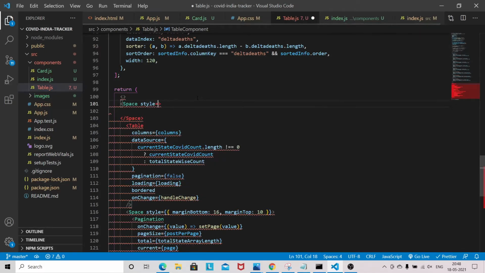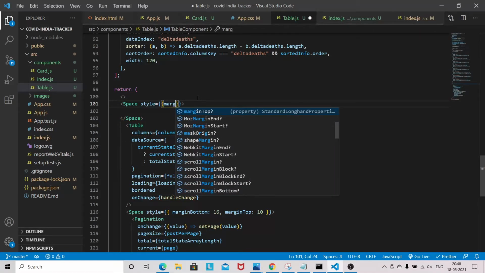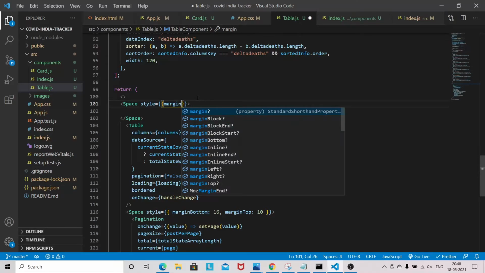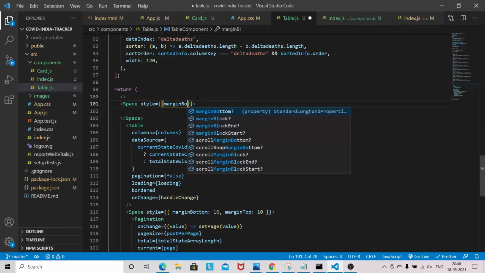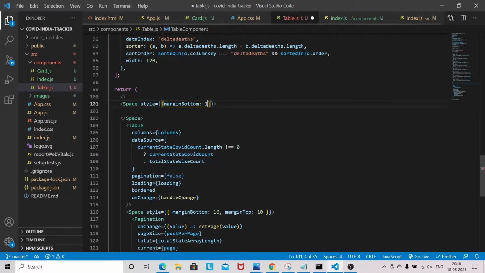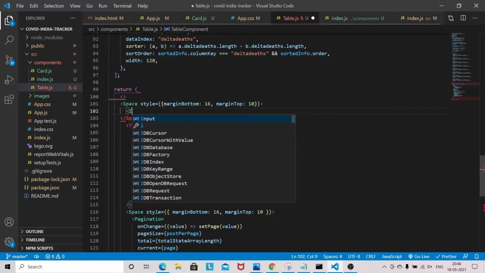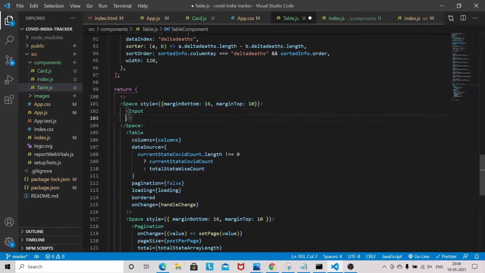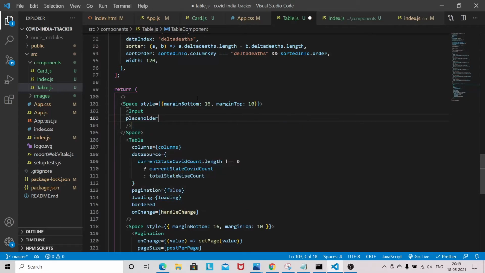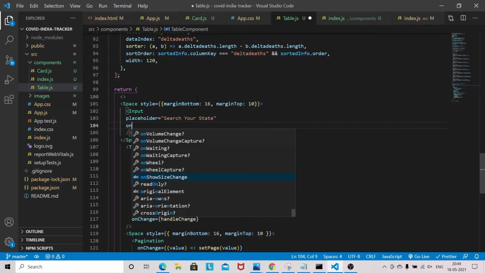So style, margin bottom, margin top, input, placeholder, search your state,